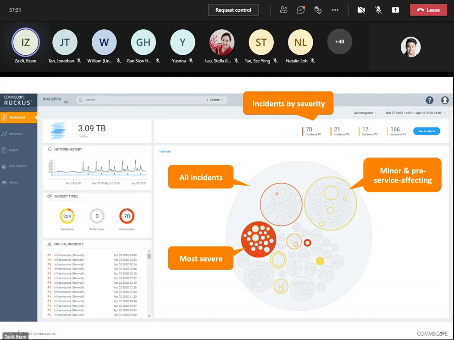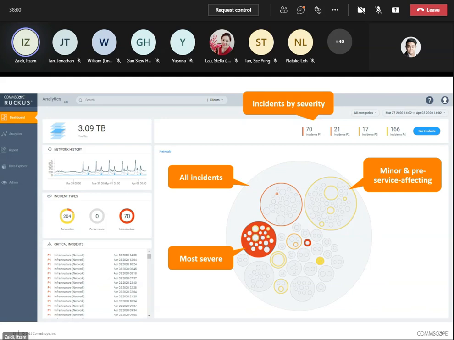And also we have the bubble chart. You can see it in here: 70 incidents P1s, and this is incidents by severities. You can see the 70 for P1, P2, and so on. P1 means priority number 1, priority number 2, and so on. You can also see the circles, the bubble chart, in the dashboard.